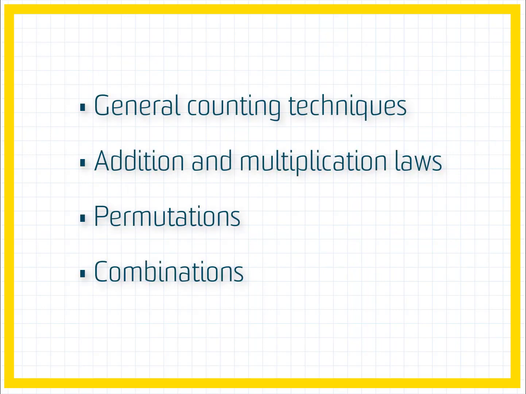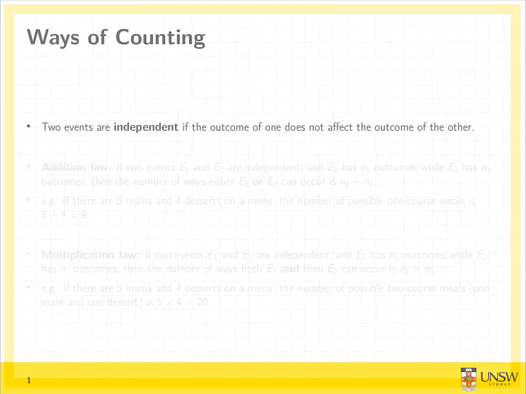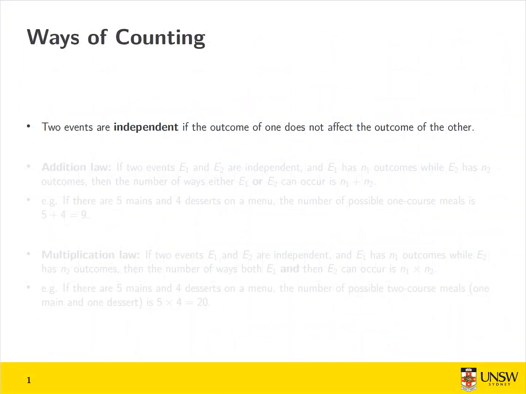In this lecture, we will look at certain special counting techniques, including the addition and multiplication laws, the concept of factorials, and enumerating permutations and combinations. We say that two events are independent if their outcomes are not affected by each other. Often in some branches of mathematics, we will want to find the total number of possible outcomes when multiple events